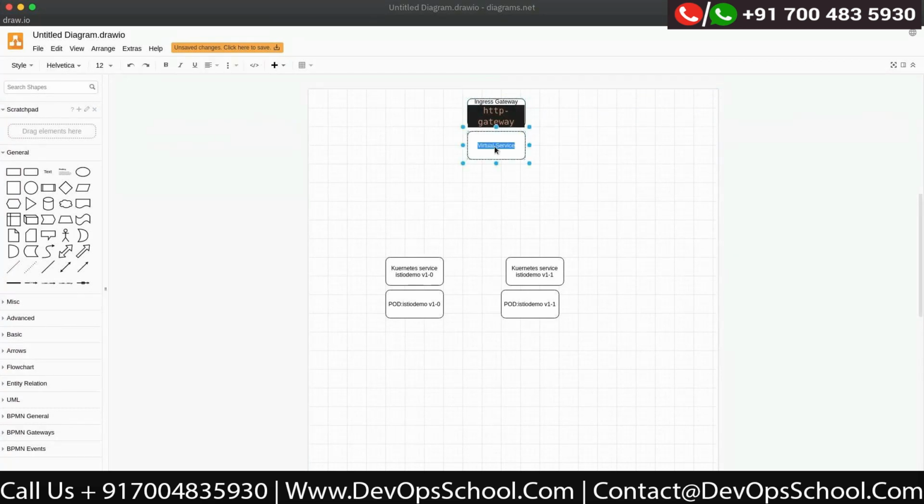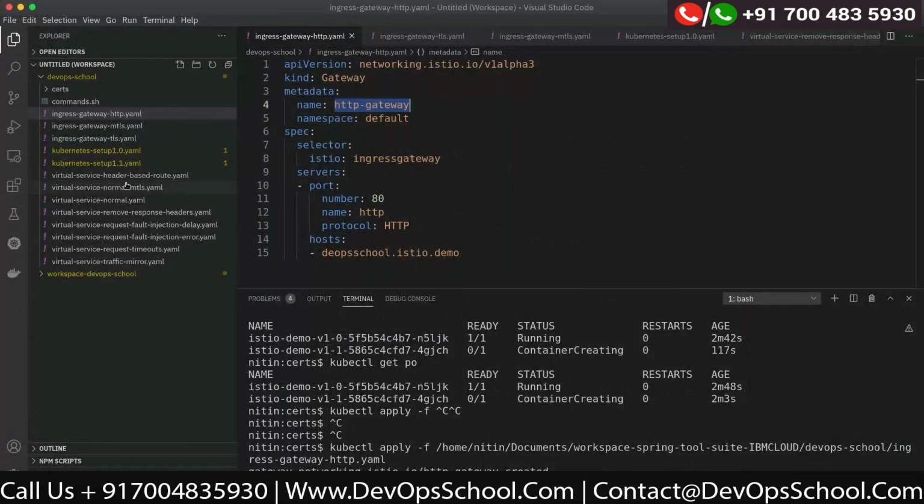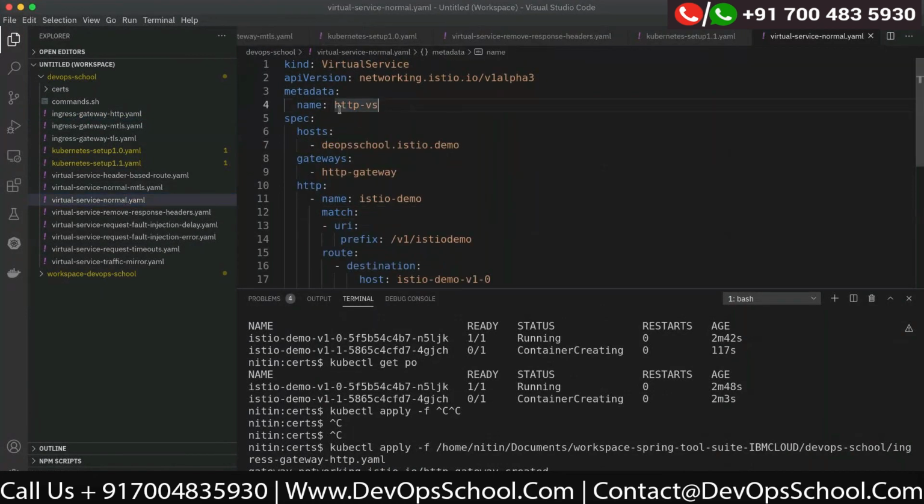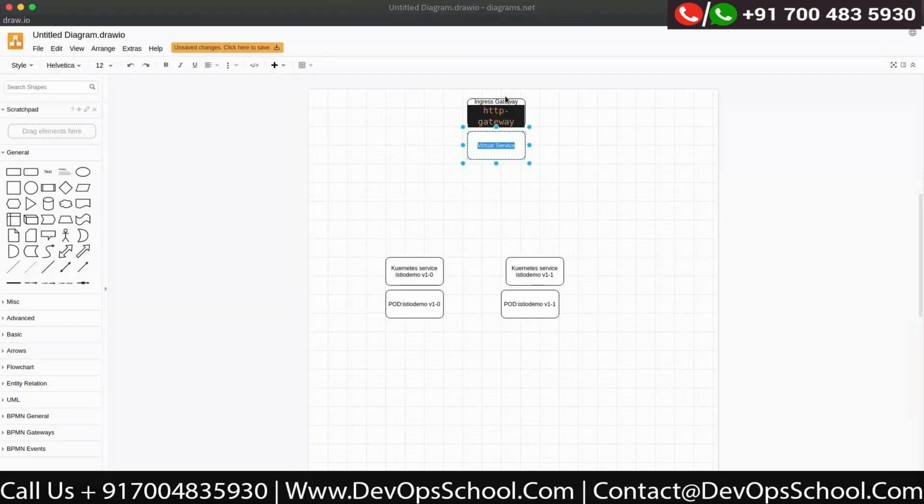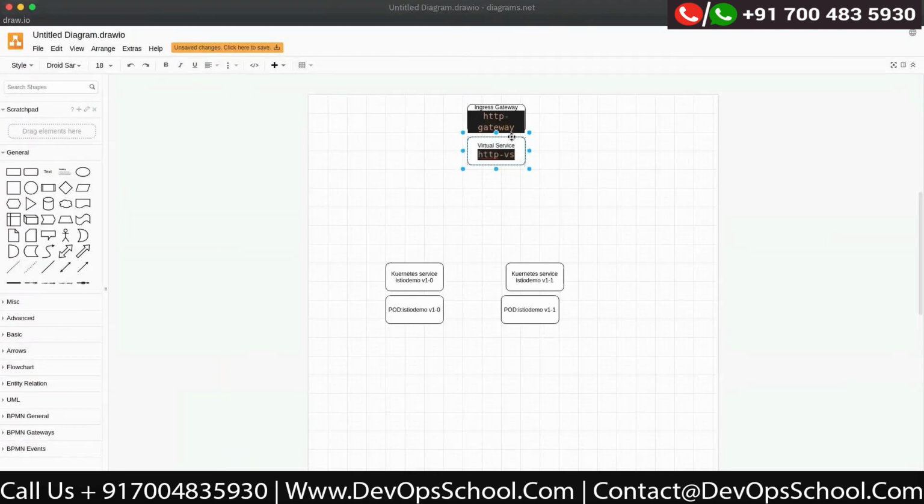And then I'm creating this virtual service. Its name is HTTPS. I've associated this virtual service with this gateway. And it is in the virtual service where you define where I need to route this request, whether it has to go to this service or that service. The physical service name, which is these, is specified in a virtual service. So this ingress gateway is closely linked with this service.